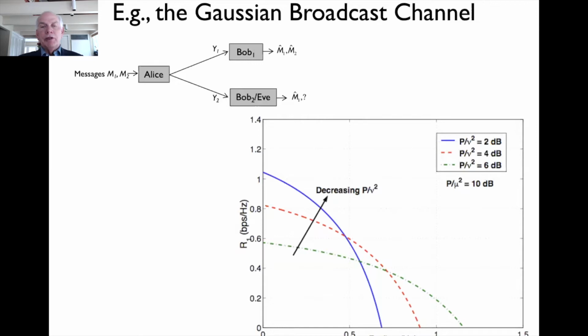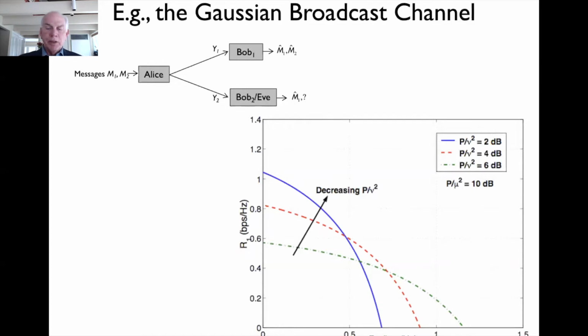Now, what I haven't shown here is the case where the signal-to-noise ratio of the secondary receiver equals that of the primary receiver. I haven't shown it because that's the bad news case for the wiretap channel. There's no degradedness, and therefore the secrecy capacity collapses. So basically it would just collapse to a line along the x-axis if we did that. That's not a very interesting case, but it does show the limitations of this wiretap model in the Gaussian channel.